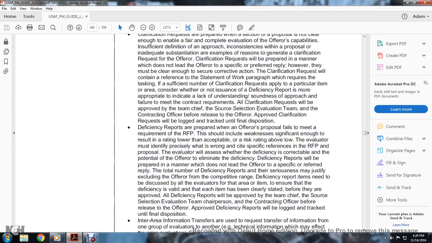The deficiency report is prepared if the offeror's proposal fails to meet the requirement. The request for proposal should include any weakness that is significant, if the result of the rating is lower than acceptable. The risk rating above the level must identify the specific reference in the request for proposal and in the proposal. The evaluator will state the deficiency and correct it with the potential of the offer to eliminate